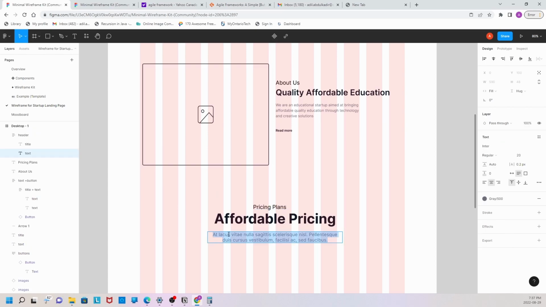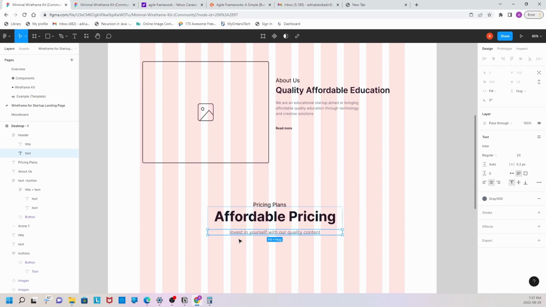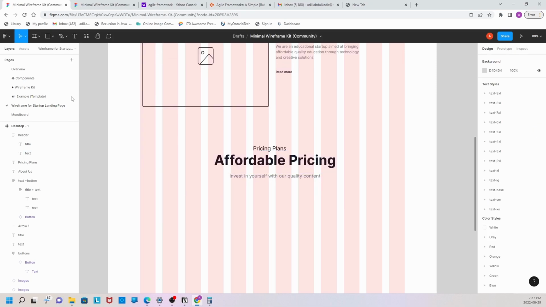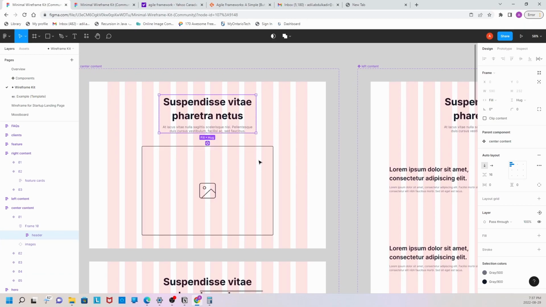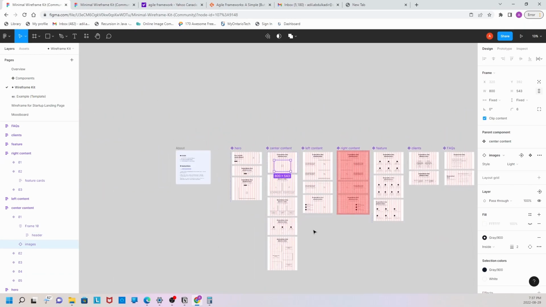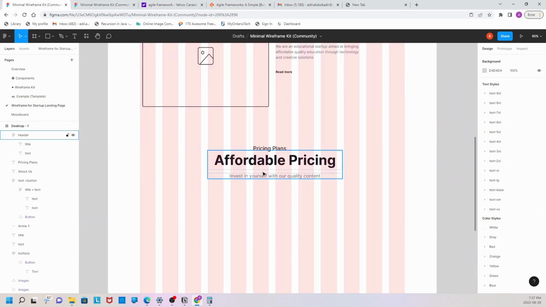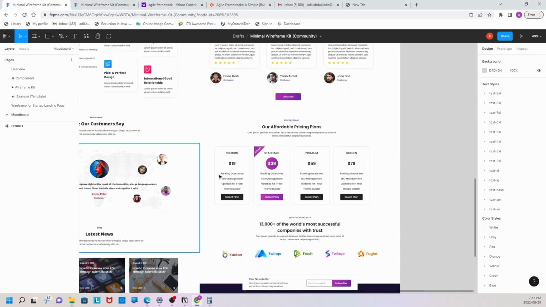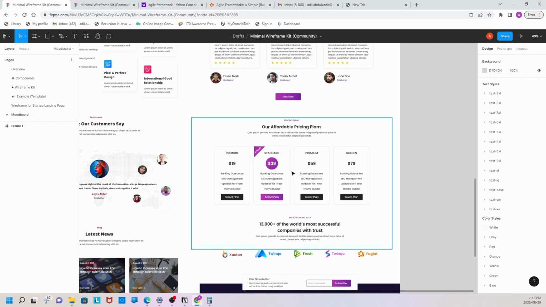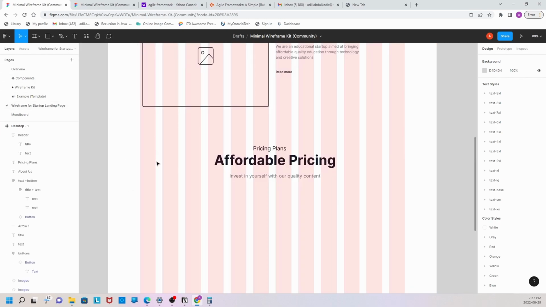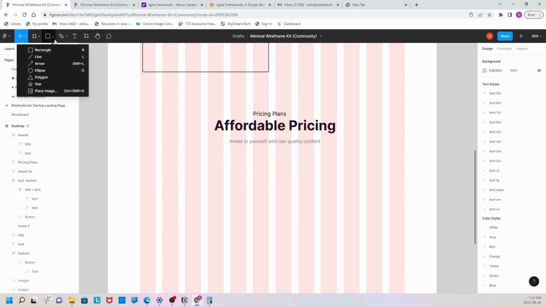and we can have a call to action paragraph where we can say something alongside invest in yourself with our quality content. And in our wireframe kit, I was not able to find anything to use, so we can quickly recreate the rectangles by going to rectangle, creating a rectangular shape,